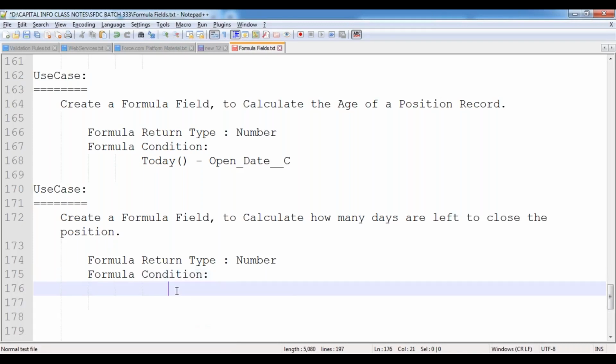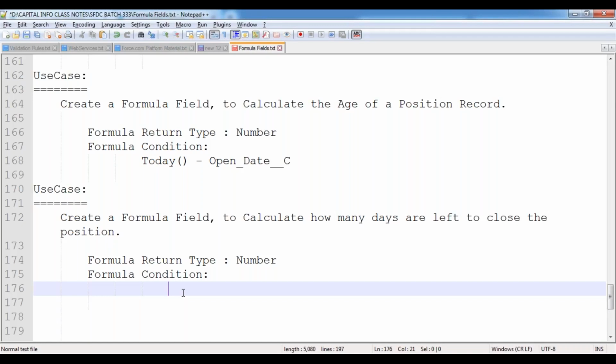Suppose, for example, today is the 17th of this month. Now let's come to a general calculation. My salary will be coming on the 31st of this month. Still, how many days are left to get the salary? People do this kind of calculation. How much time there is to pay the credit card is a secondary thing; people won't consider all these things. So how many days are there to get the salary? This is the calculation we generally do.